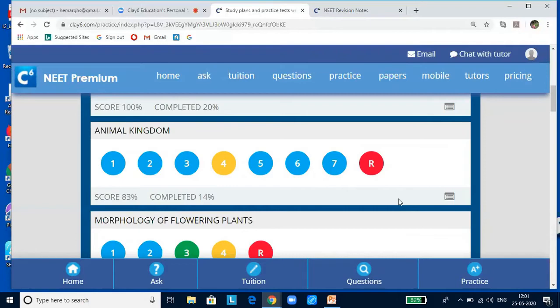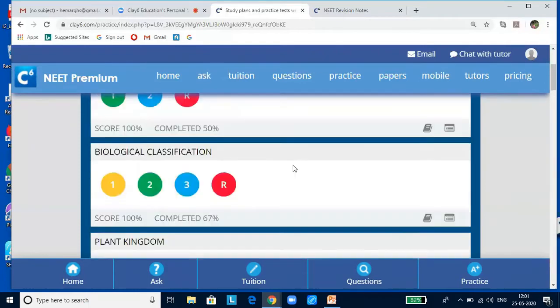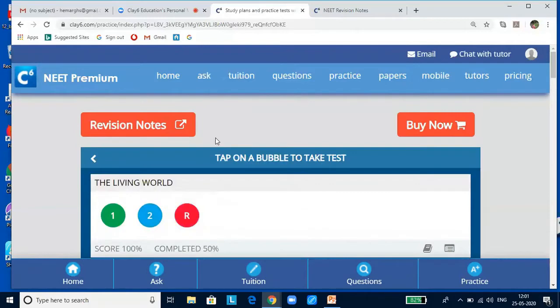So in today's class, I will be revising the key concepts, do a practice test based on the concepts learned, and in the end, I shall answer your questions. Now you will also find there is a bubble revision notes. When you click on it, it will take you to the revision notes. Now before we begin this, you all might be, what do you say, the exams are around the corner. You might be a little bit apprehensive about how NEET papers are going to be.